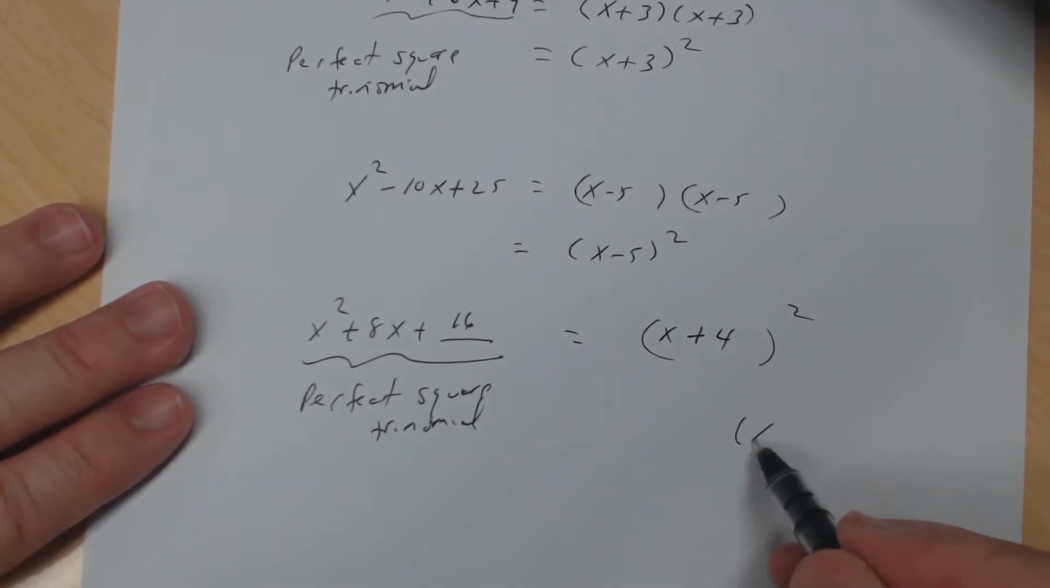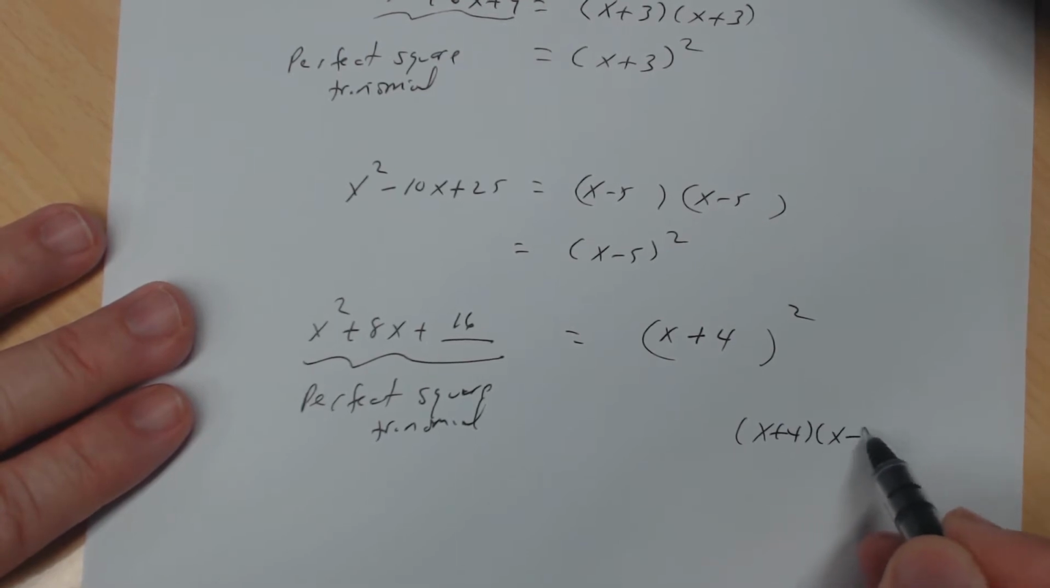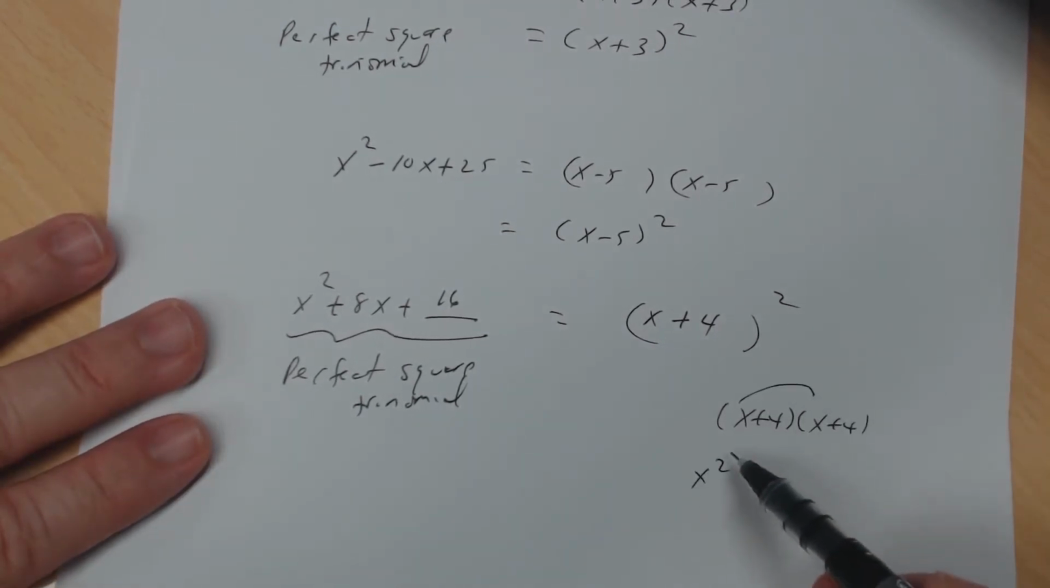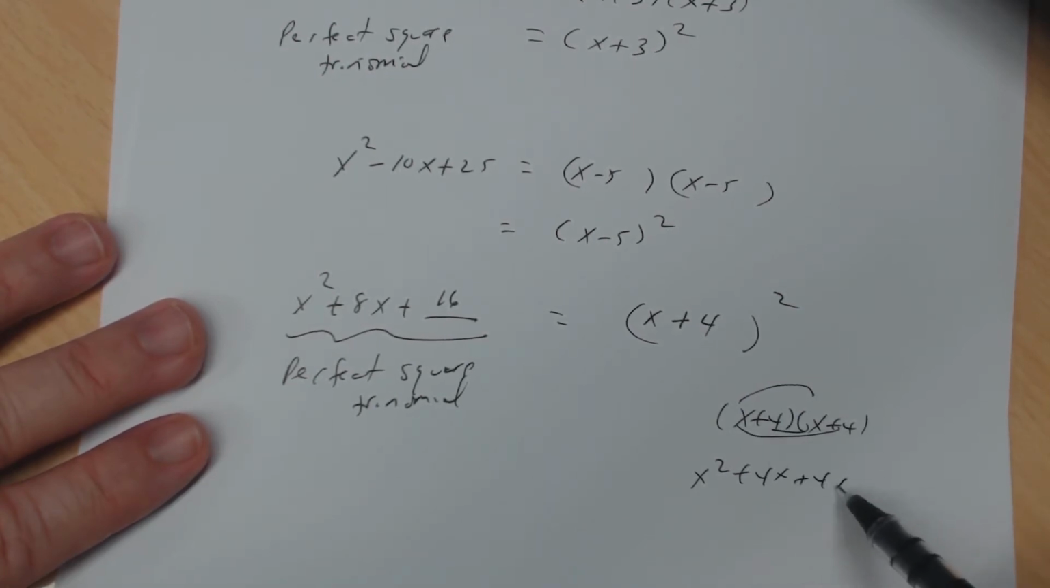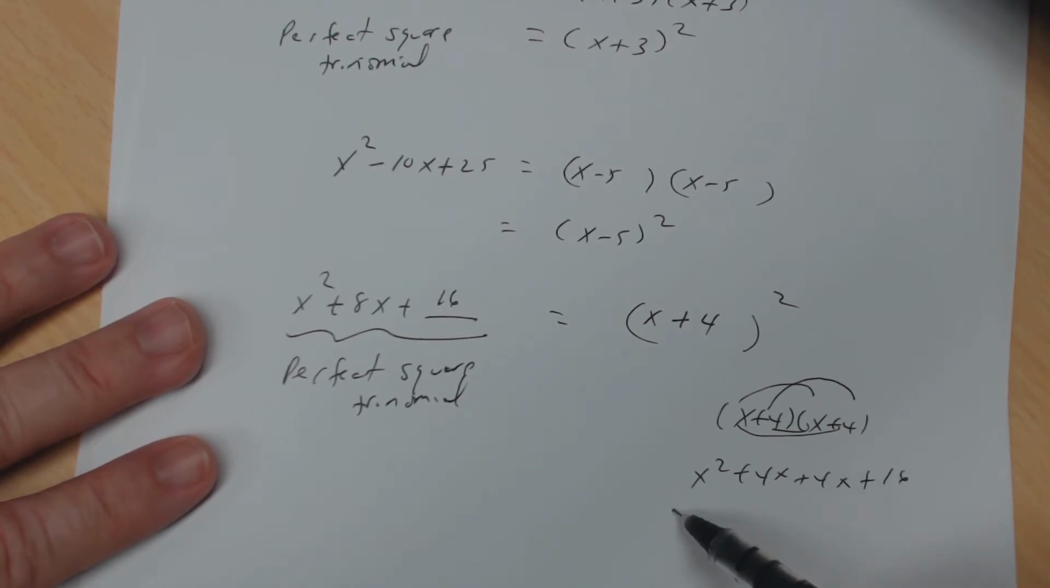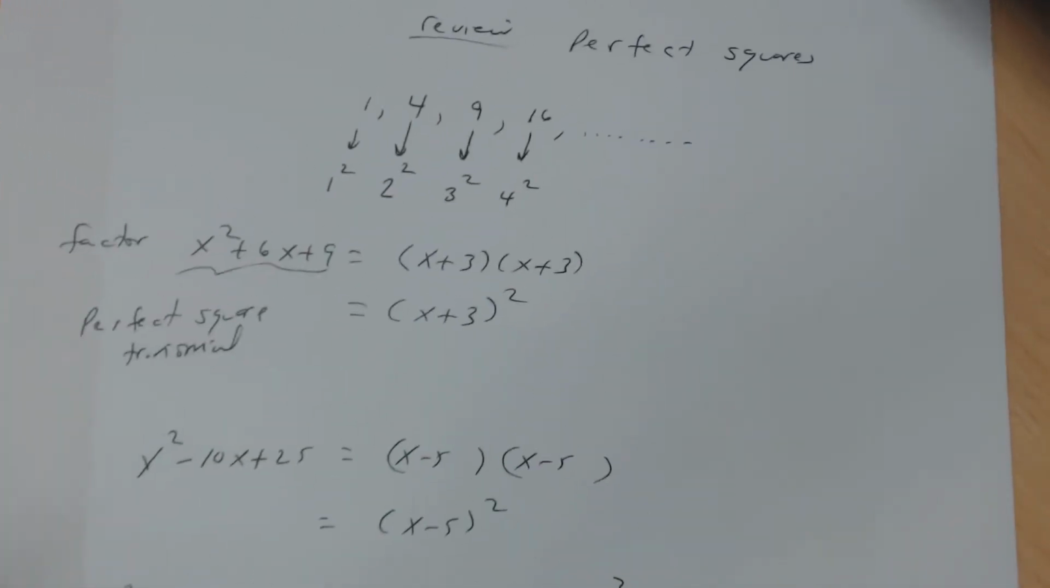So you can always check yourself. x plus 4 times x plus 4, FOIL it. x times x is x squared. The outer is 4x. The inner is 4x. And remember, the outer and the inner should be the same because these are the same binomials. And the last, a positive 4 times positive 4 is a positive 16. Combine like terms, I get x squared plus 8x plus 16, which is what I wanted. Okay? All right, so now,